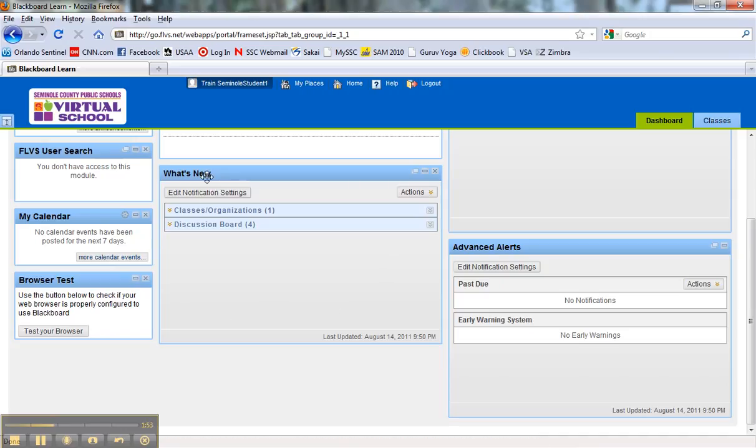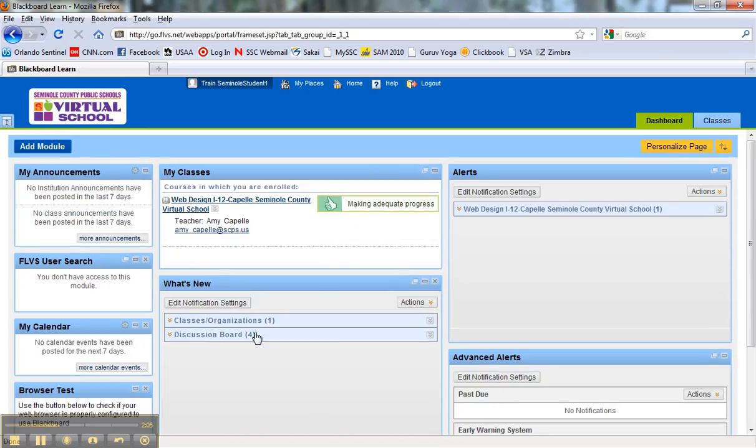One final thing here would be the What's New area, and that's just kind of a nice little snapshot of anything new in all your classes, any new discussion board posts, any new things posted. That's where it would be for all of your courses. We have a similar page here in each of your courses, but this is kind of the overview of all of your classes here. Over here you also have alerts, and this will be a nice place to just check